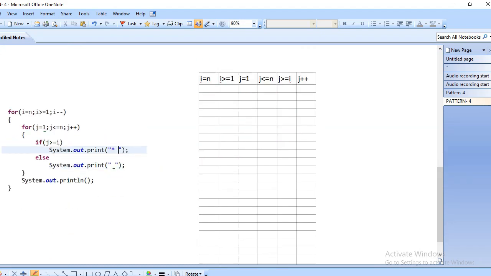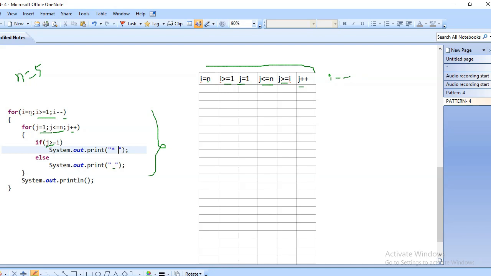Coming to this part, here is the logic. I have taken n equal to 5. Here I have written a table: i equal to n, i greater than or equal to 1, i minus minus. Then j equal to 1, j less than or equal to n, j plus plus, and check the if condition: if j greater than or equal to i.